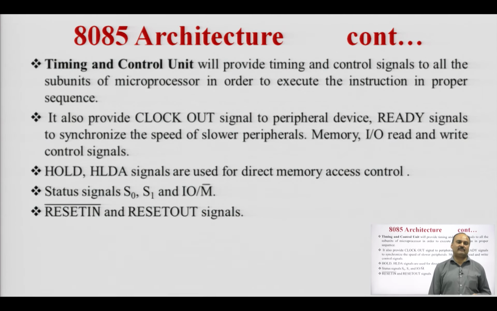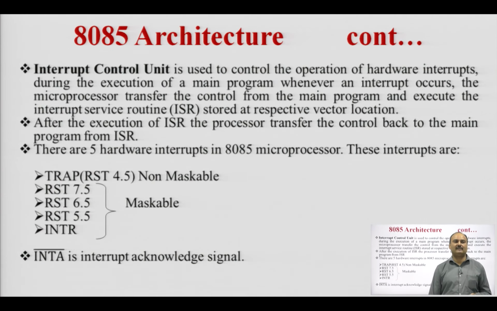To reset the 8085 microprocessor, the reset input signal is used, which is active low. Whenever the microprocessor is reset, the program counter becomes 0000H. To reset the peripheral device, the microprocessor will generate a reset output signal to the peripheral device. When the microprocessor is reset, it is essential that the peripheral device is also in the reset state, only then will there be efficient communication between the microprocessor and the peripheral device.